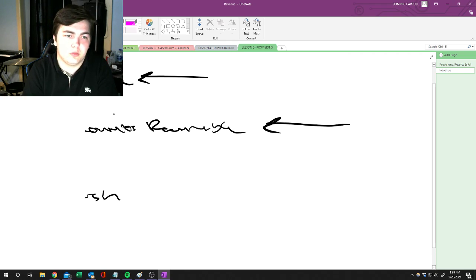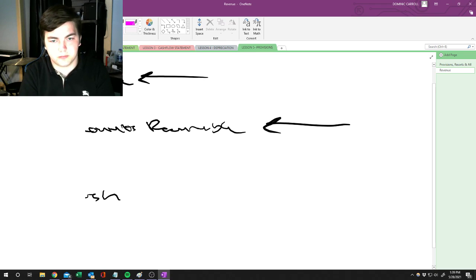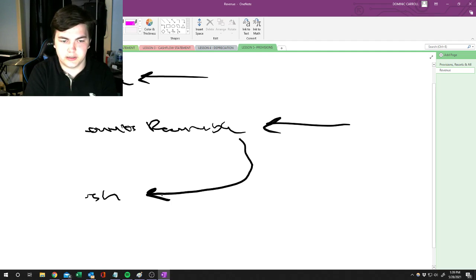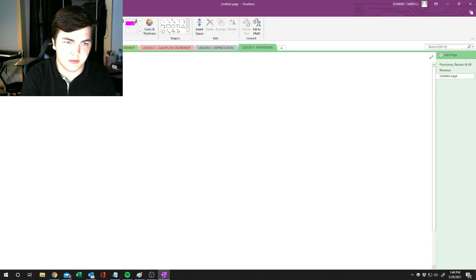But of course, we are recognizing these accounts when they're earned instead of when the cash is received, which is why we have the accounts receivable, because oftentimes you don't receive cash right away. So we have this account called accounts receivable, for pretty much money that customers owe us. And then eventually, whenever the customers do end up paying, that is converted into cash. Then we finally have the cash, right? And that's the cycle.